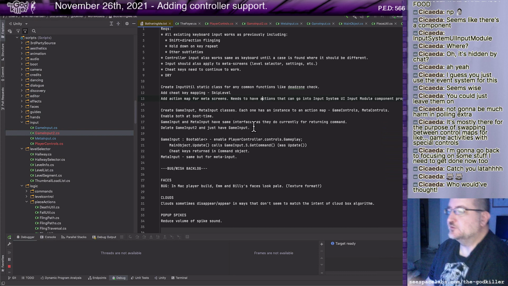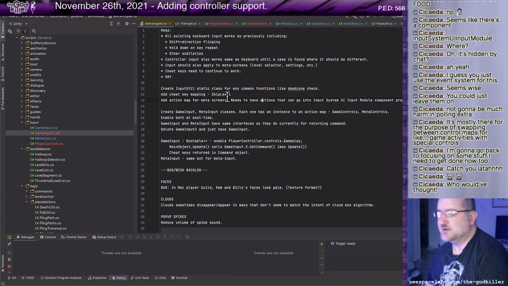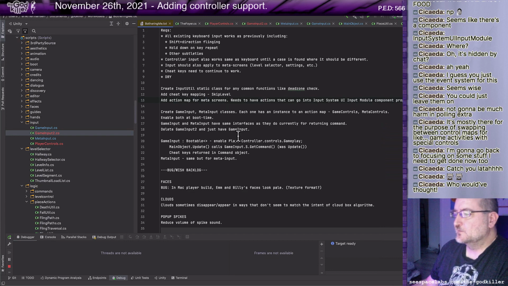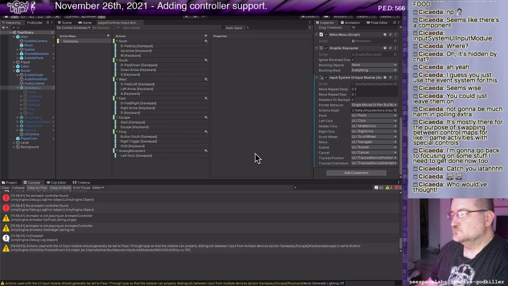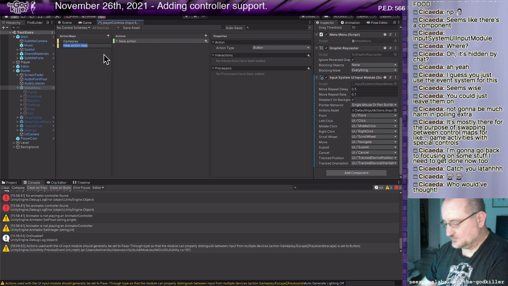So let me do my input maps first, or action maps. Okay, I feel like some of these should be renamed. No, gameplay is a good name. It has become a good name. Okay, so then let's create Meta.